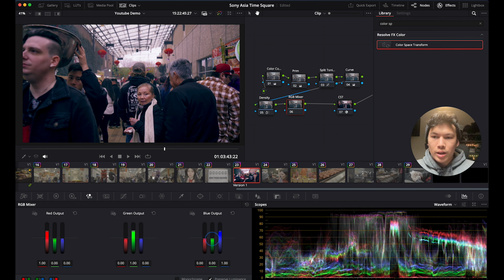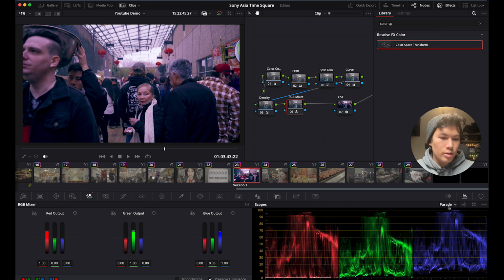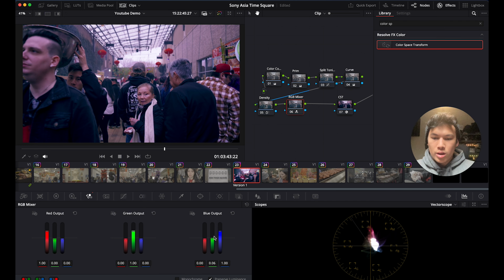This is kind of like if you increase the green and the blue output, it's making the image overall more green. If we go to the parade, if we go to the vector scope, you can see it's adding a lot more saturation in that area as well. Okay, so let's say you wanted the blues to be more green. We could add more green into the blues with this, but the thing with the RGB mixer is